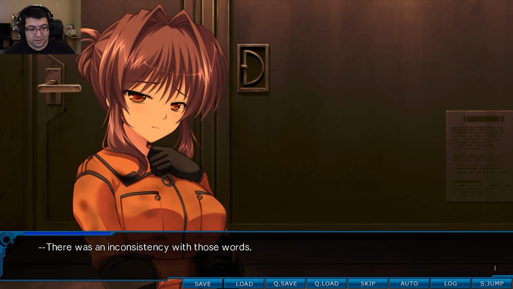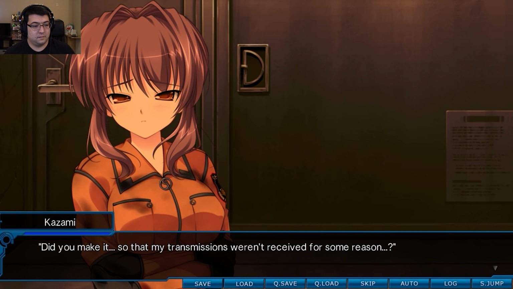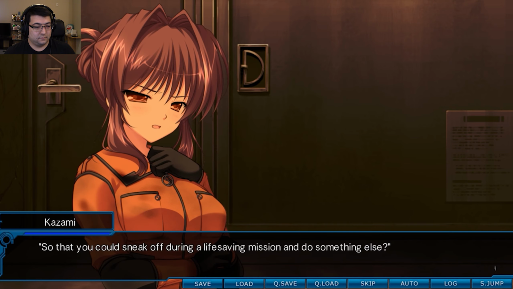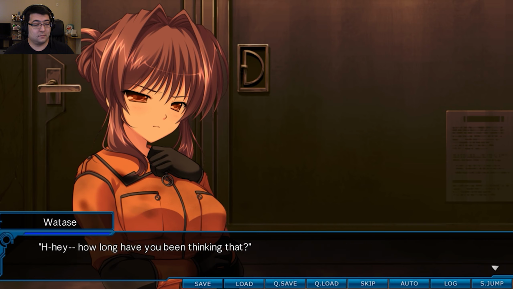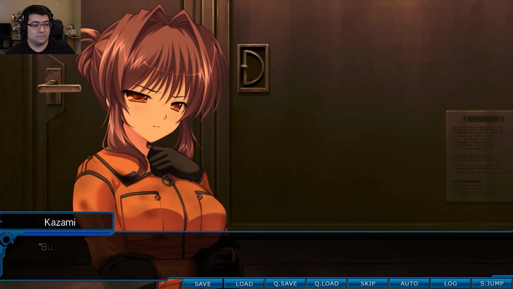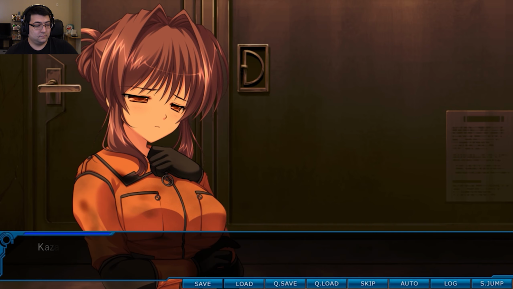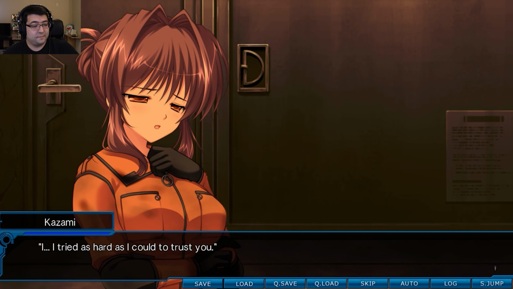There was an inconsistency with those words, which meant 堂島たちの無線は通じたのに、どうして私からの無線には出なかったんですか?何か理由があって意図的に出なかったんじゃないですか?救命任務の最中にそれを抜け出して何か別のことを行うために。 お前、いつからそんなこと考えていたんだ? 隊長が記憶が少し戻ったと言った時から、地下に降りた理由を聞いた時からです。だけど言えなかった。あなたを信じたかったから。時刻の不整合についてはきっとあなたの記憶間違いだって思って。 Kazami lowered her eyes and continued in a shaky voice. 私、必死に隊長を信じようとしていたんです。